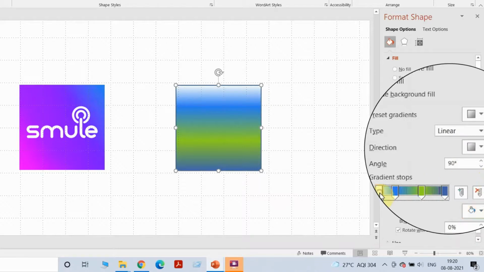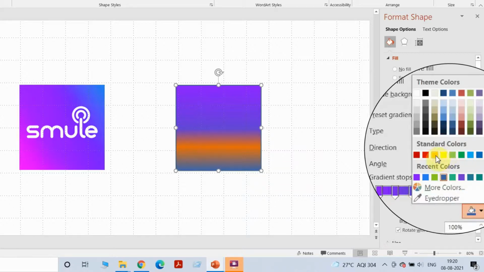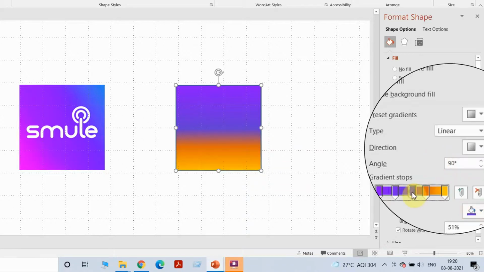So can you see I've taken 4 colors now, and just using the bar from left to right, you can decide which color you want to be more in the box in terms of the area or the portion of the color. So you can move them around, you can delete them by just clicking on them and pressing delete. And if you want to add, just click on the bar wherever you need another color. So it's as simple as that. So right now you can see I have 5 bars, so I can choose 5 colors. If I want to delete, I just need to click and press delete. Again, click and press delete. Now I have 3 colors and I can decide how much area I want for orange, how much I want for yellow color or the purple one.